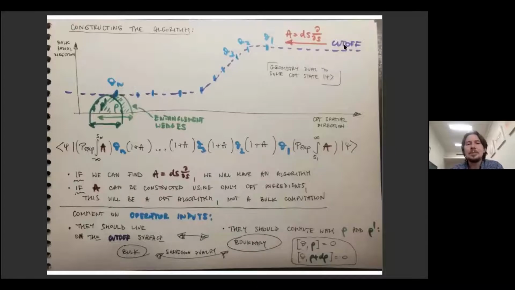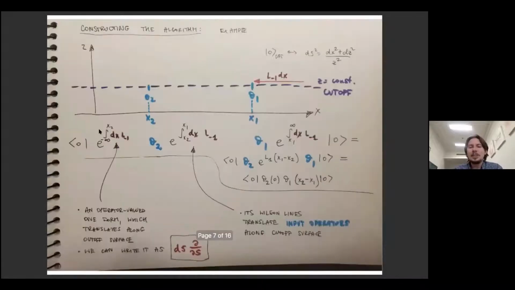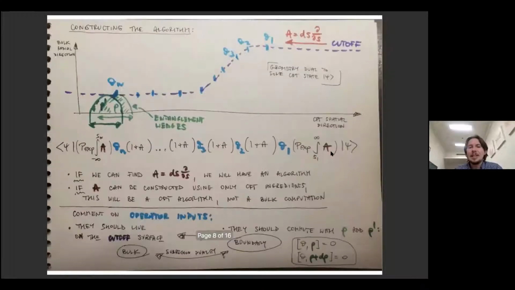So here it is. And I'm not going to assume in this state that the cutoff surface is horizontal or is uniform. It can have various features like this bump. But I imagine that I know how to slide along, which is, I know some operator, which I will call A, which performs the sliding job. It's an operator valued 1 form that does this.